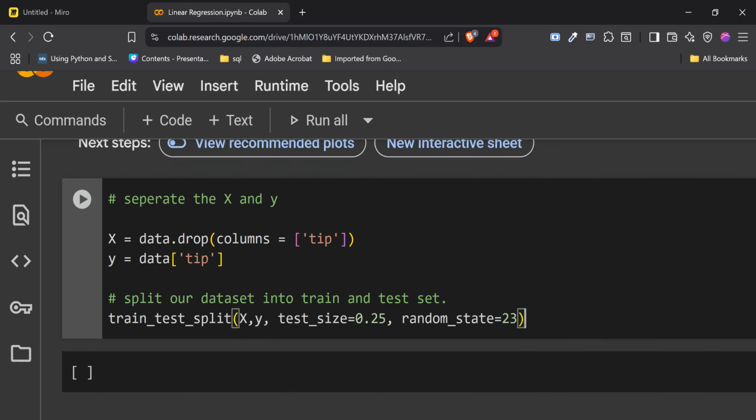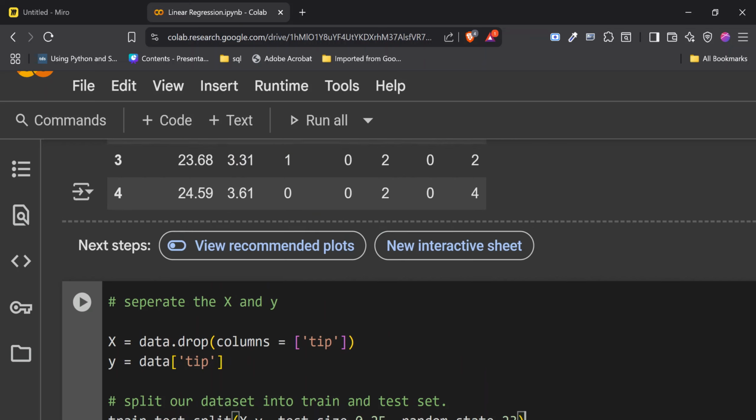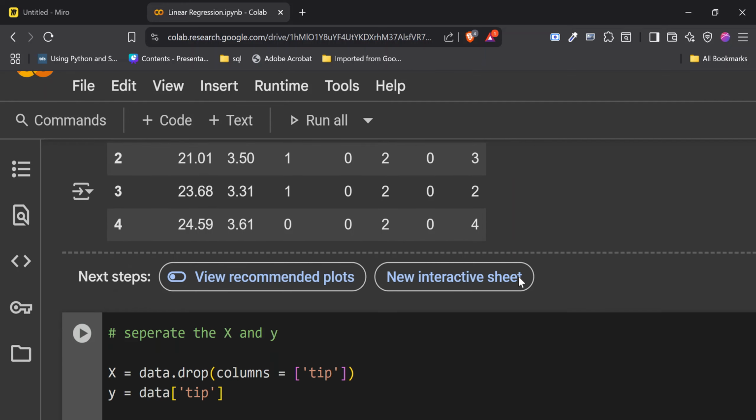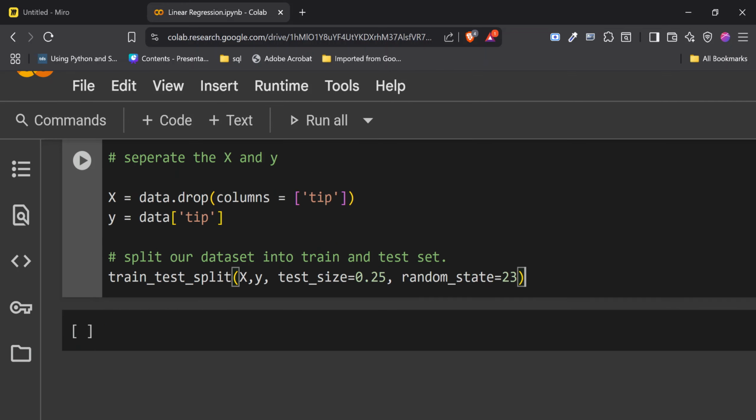Now imagine you do this and you get some results. Maybe you get home or you get to your superiors and you want to repeat this particular experiment, and you begin to get a different result just because you didn't track the way you split the data. So that is going to be a problem. That is where random state comes in, a way for you to reproduce an experiment.